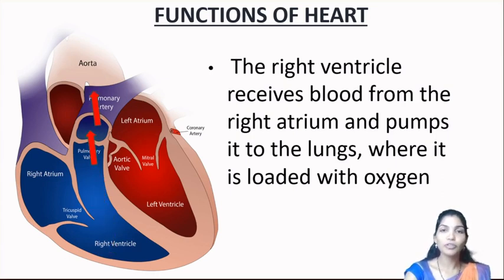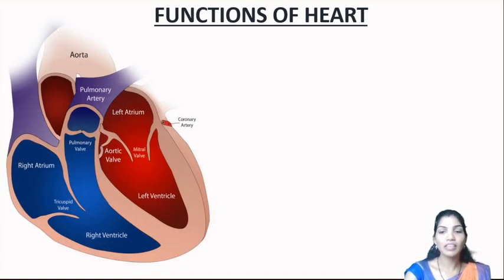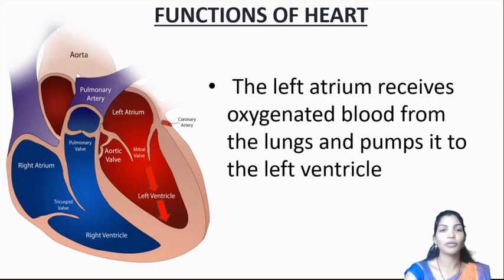In the lungs, there are numerous air sacs called alveoli. These alveoli are filled with oxygenated air. During our breathing, we take in air rich in oxygen, and these alveoli help in the exchange of oxygen and carbon dioxide. As a result, carbon dioxide enters inside the alveoli and oxygen enters inside the blood capillaries surrounding the alveoli. These blood capillaries reunite to form pulmonary veins. These pulmonary veins carry the oxygenated blood again into the heart, that is left atrium.